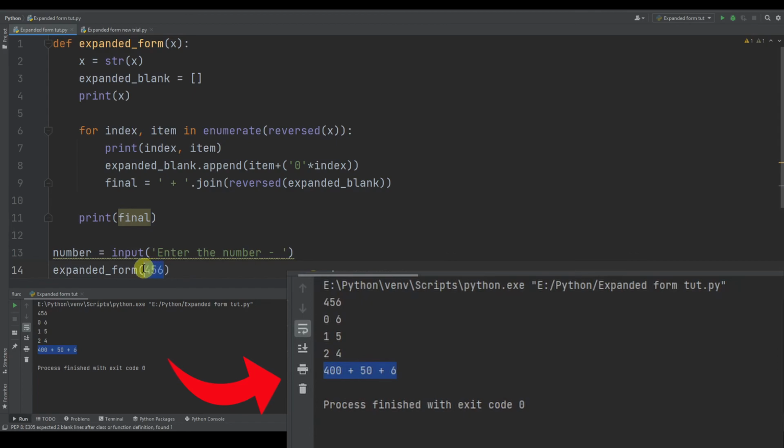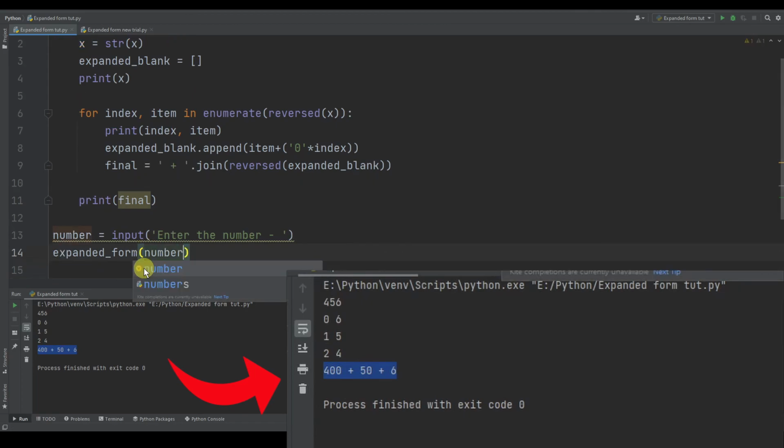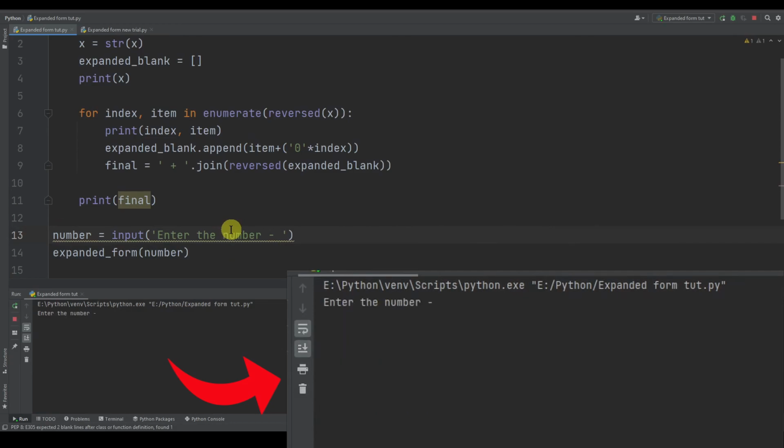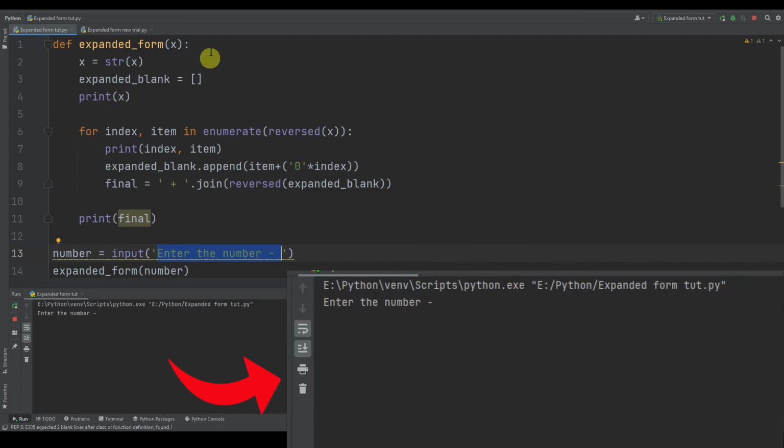So I'll just remove this and add number here. So what this function is going to do is now it is going to ask the user for a number, and then that number is being fed into this expanded form, and the same thing is being run, and we are given the final result.